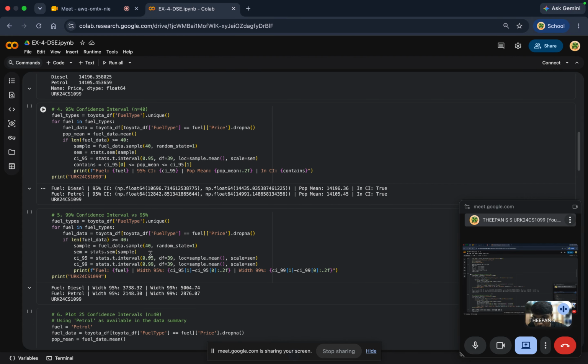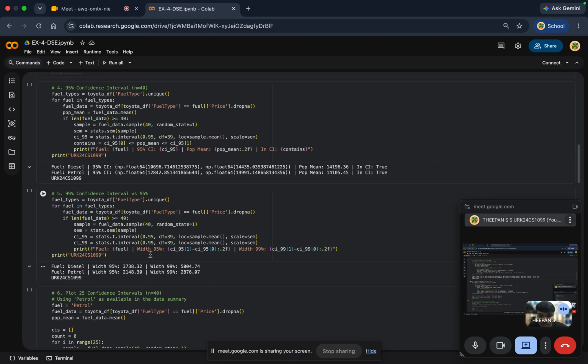We can see 95%. And the fifth question is the 99% CL versus the 95% CL comparison. We want to compare that. The goal is to understand the trade-off between the confidence level and the precision. How the code works: it calculates both the 95% and the 99% intervals,